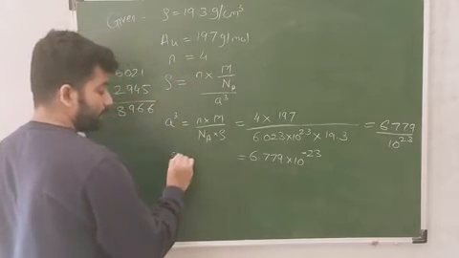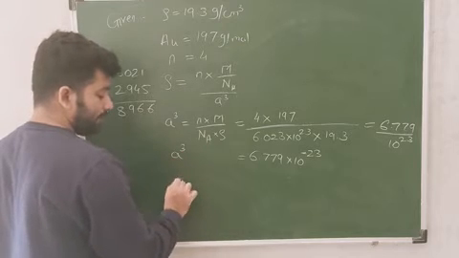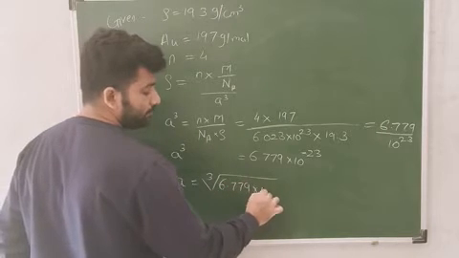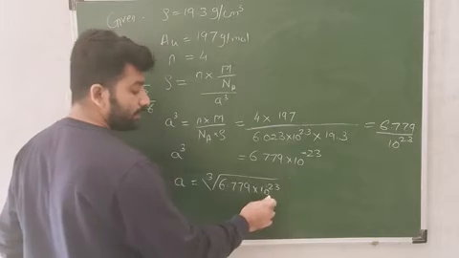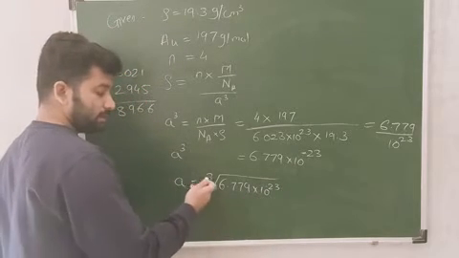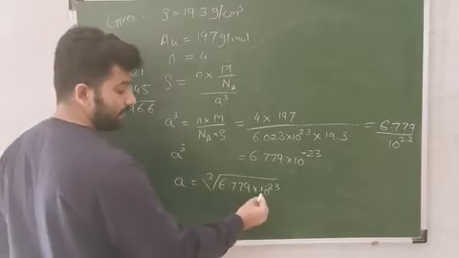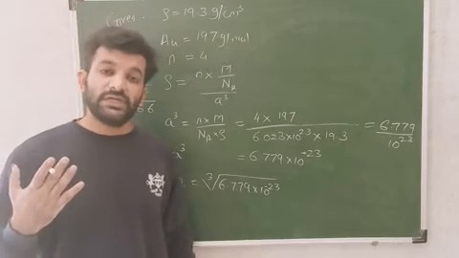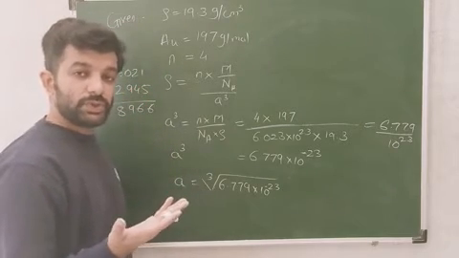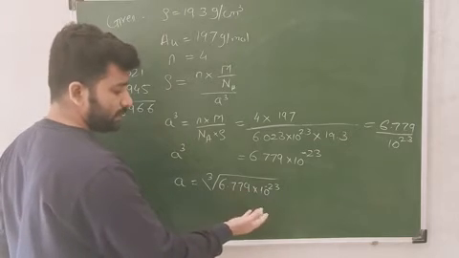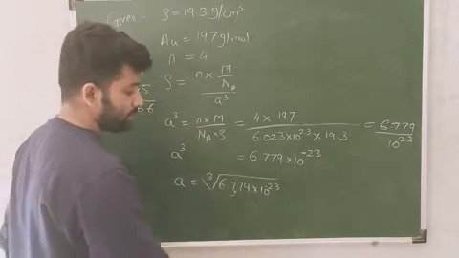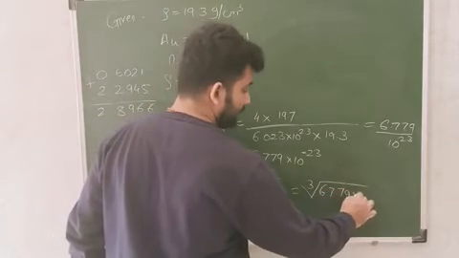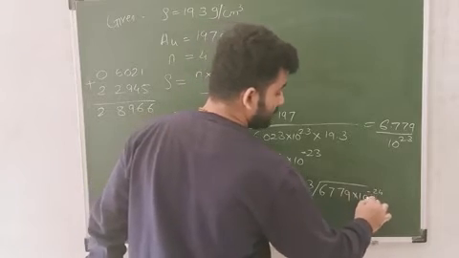Now we are going to see the value of a cube. So taking the cube root of this whole term, we will need to convert this power into multiples of 3. So we will convert this into 10 raised to, we have two options. Either we can convert it into 10 raised to minus 21, or we can convert it into 10 raised to minus 24. I will prefer 10 raised to minus 24. I will shift a point over here. So I will get the cube root of 67.79 into 10 raised to minus 24.